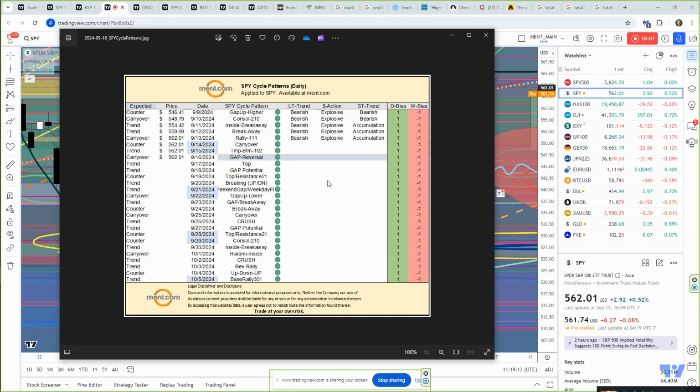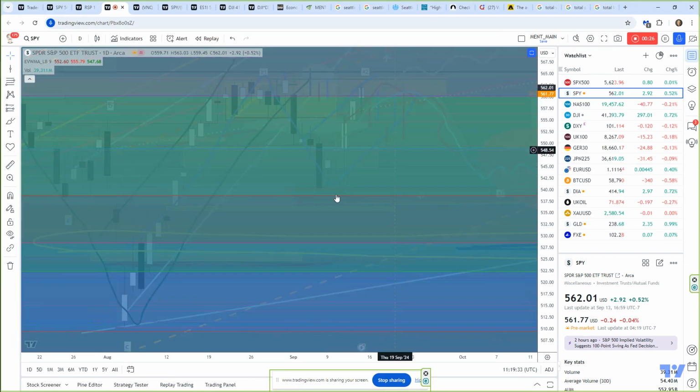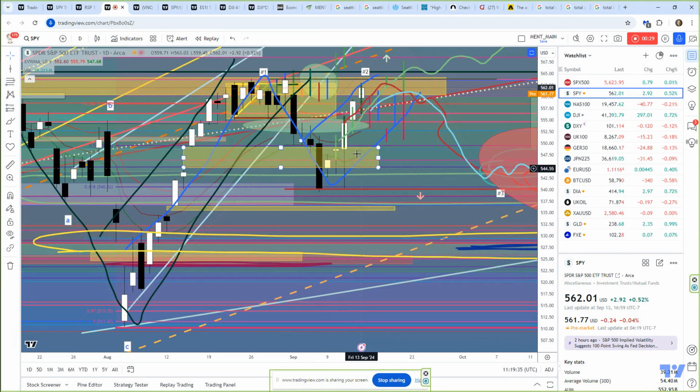We're looking at the SPY cycle patterns for this week. Today, we get a gap reversal in carryover mode. Tomorrow, we get a topping pattern in trending mode. And then we get a gap potential in a trending mode, followed by a top resistance in a counter trending mode on Thursday. Now, what this means, guys, in my opinion, is that we're going to have a moderate rotation